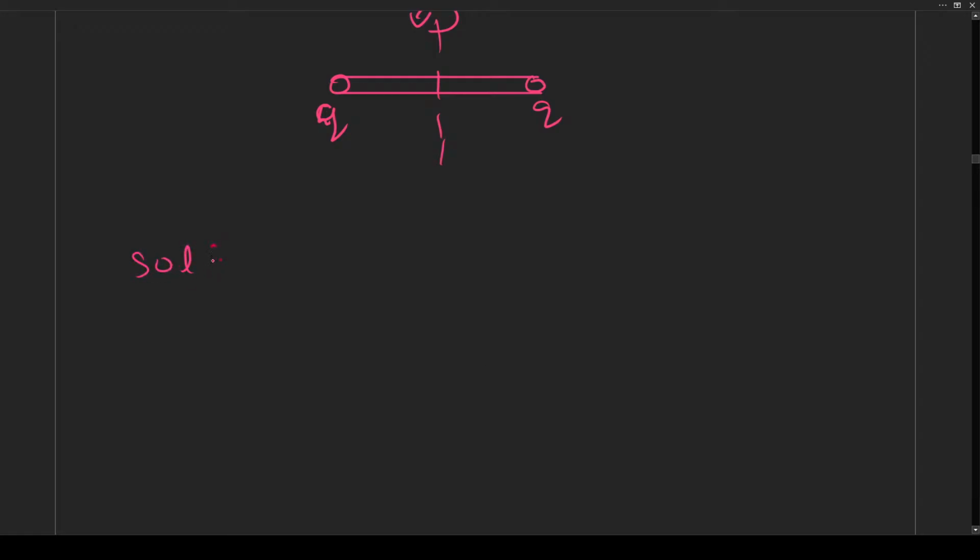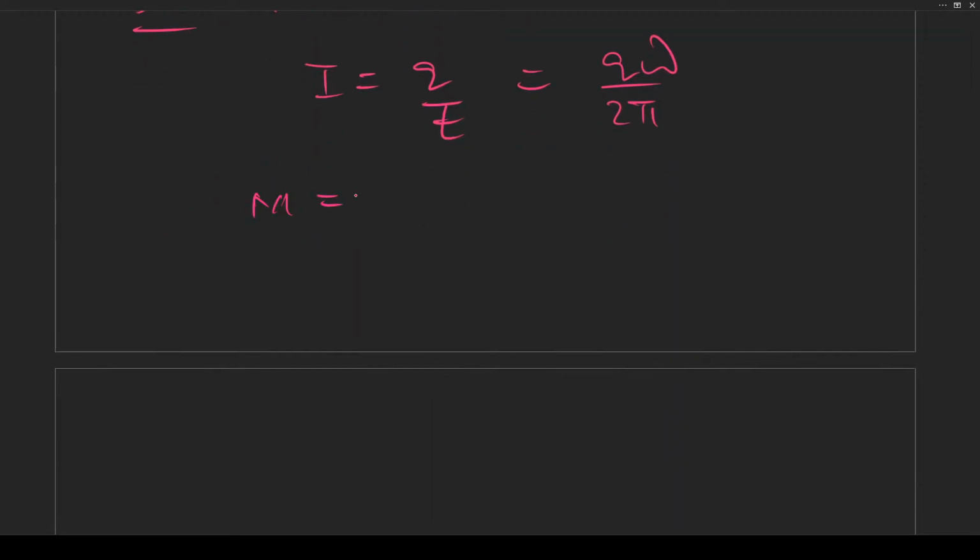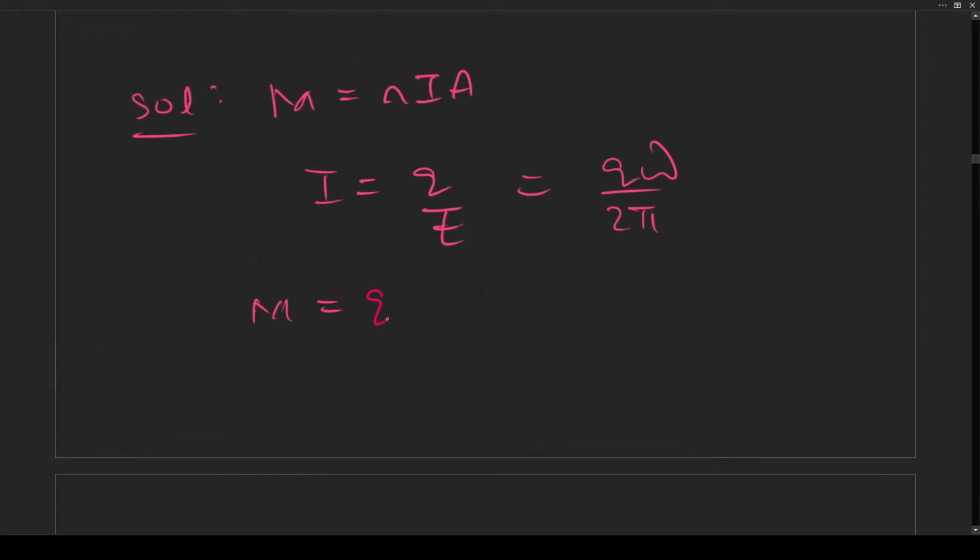Solution: magnetic moment is equal to NIA, and I we can write as q by T, which we can also write as q by 2 pi by omega, the frequency, angular velocity. Substituting in this equation, magnetic moment equals q omega